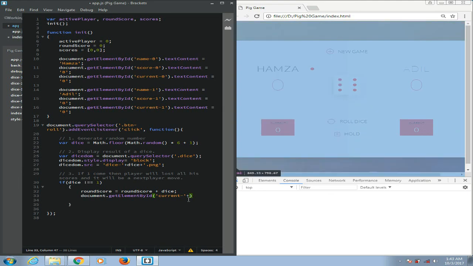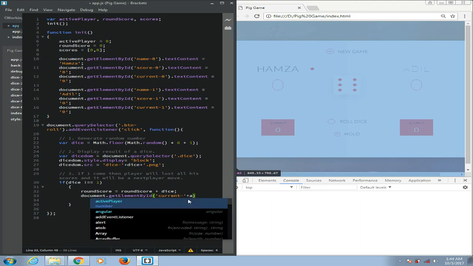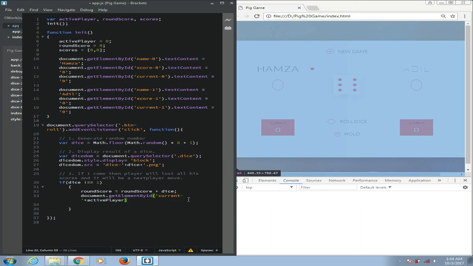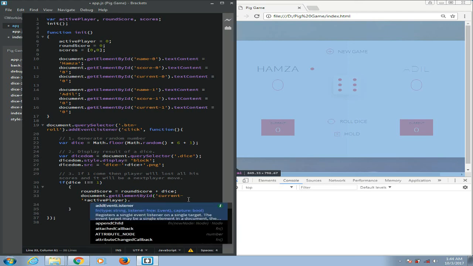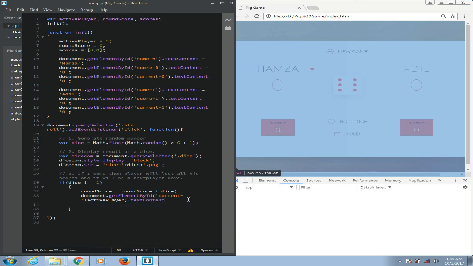Okay, so if you remember, I declared a variable for active player, so it is used there, and dot text content equal to round score. Okay, so else